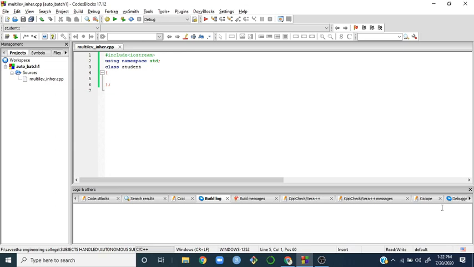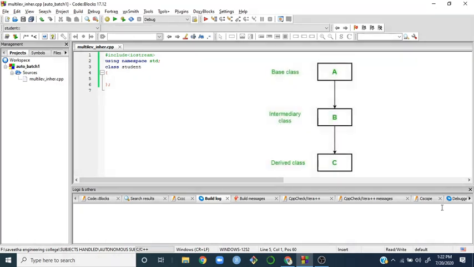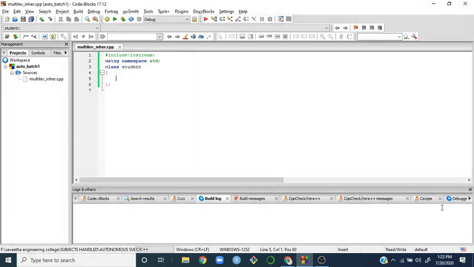Then, for the intermediate and derived class, the intermediate acts as a base class, and the last one is the derived class. I hope you remember that picture and the example I gave, grandfather, father, and you. Always relate it in that manner, so that it will be easy for you to understand.